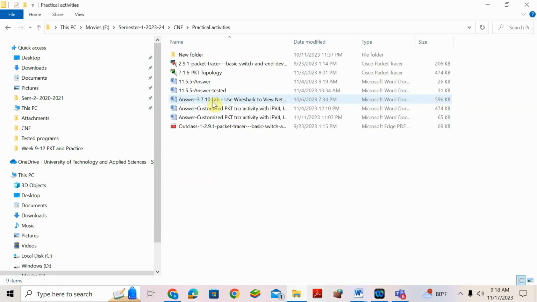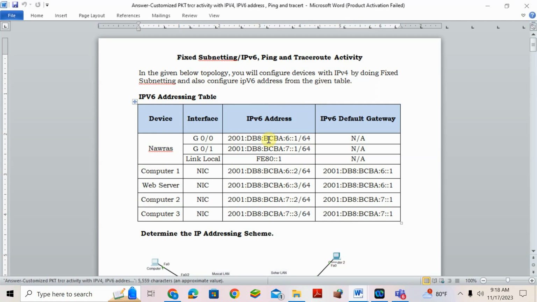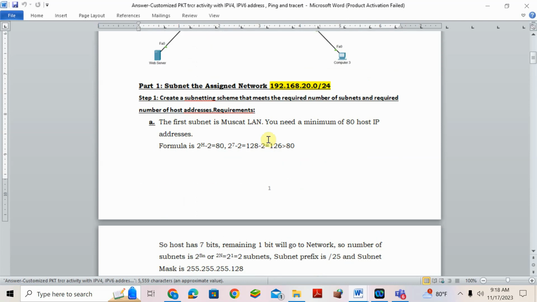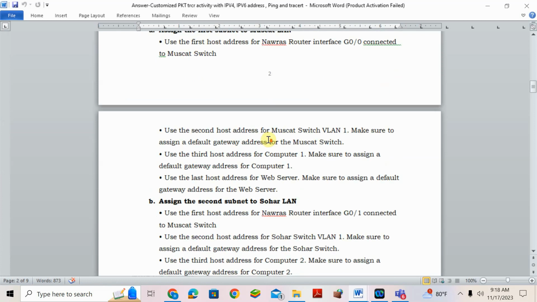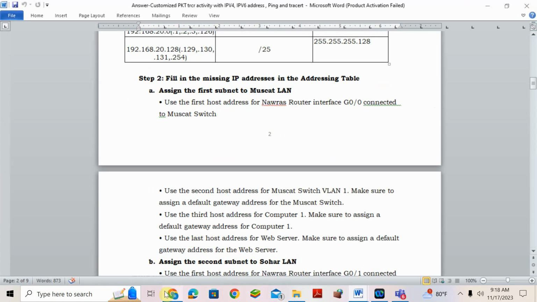Practical activities, let me check your question. 11.5. Okay, this one, let me check this one. Customize Packet Tracer. See in your question paper, okay, let me check your